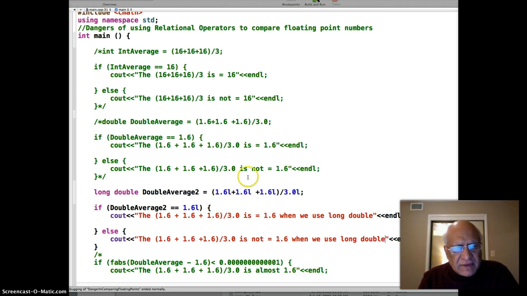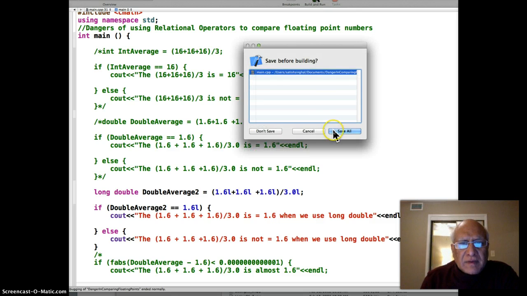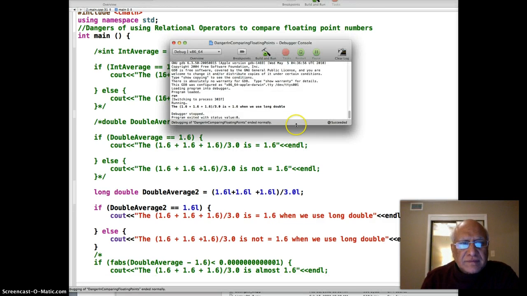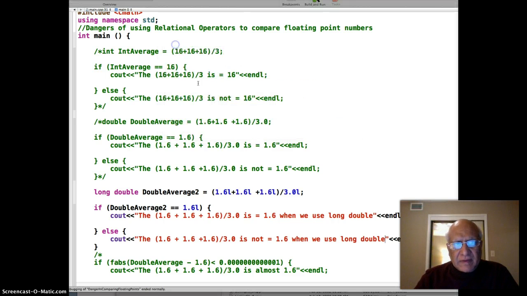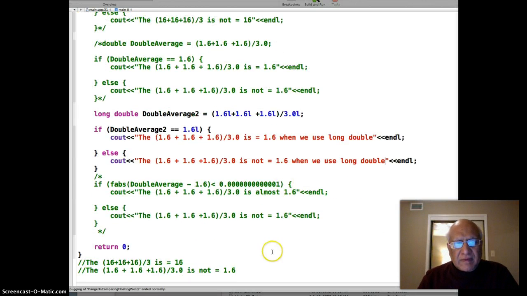Okay, let's try this time, see what we get. Save on. And this time, surprisingly enough, one more time, we actually get what we are expecting. We get this result over here,